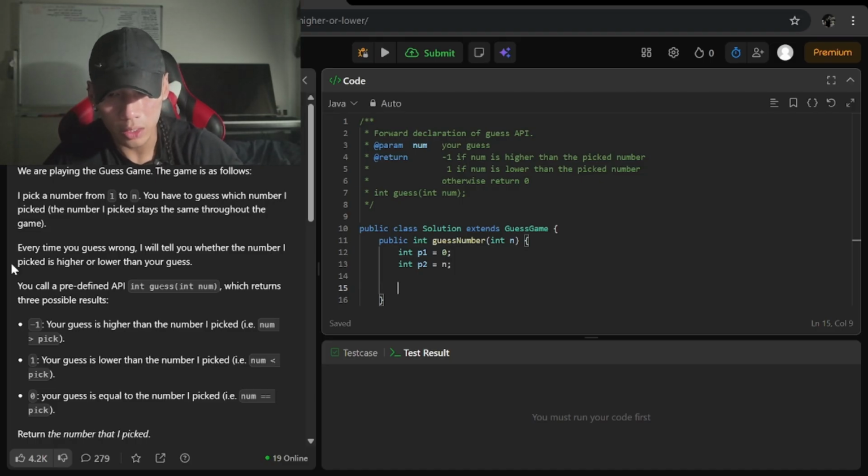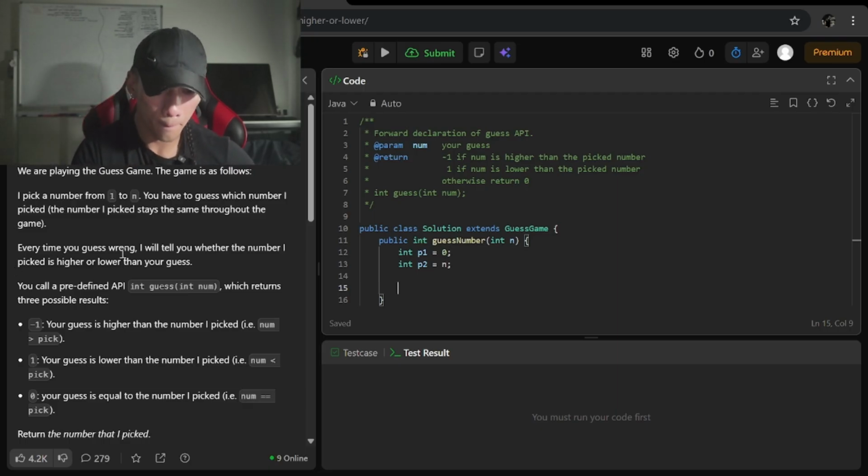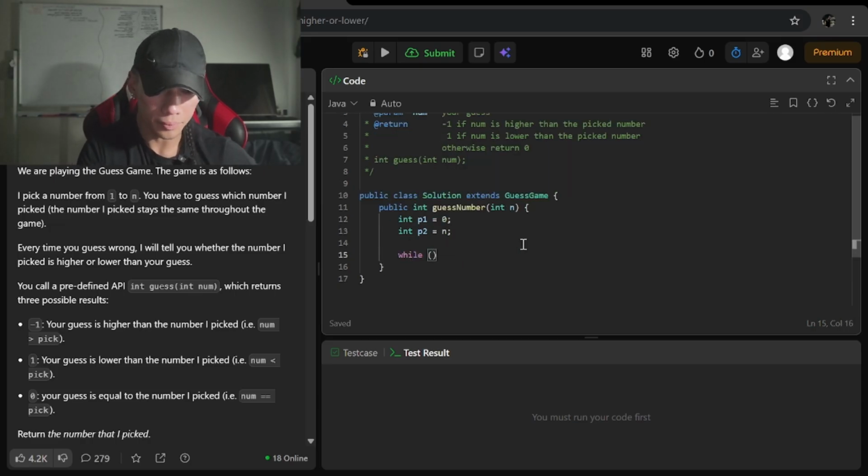We'll put this in a while loop while the guess is not equal to 0. Oh wait, this is easy.